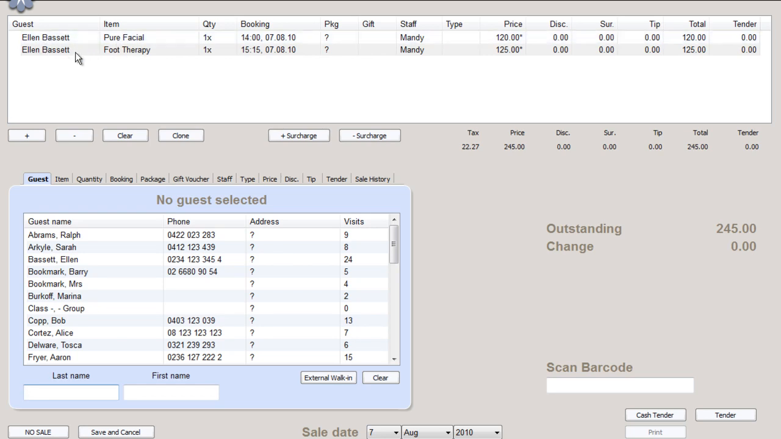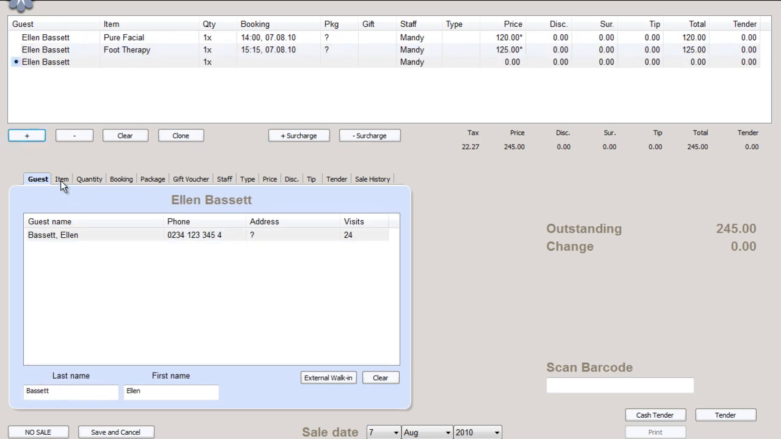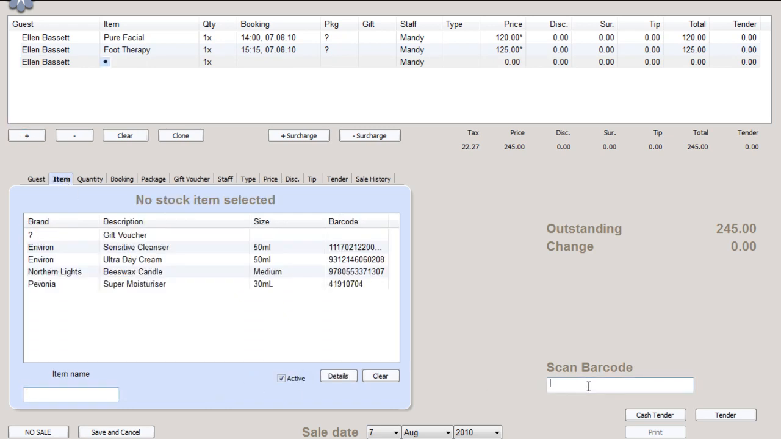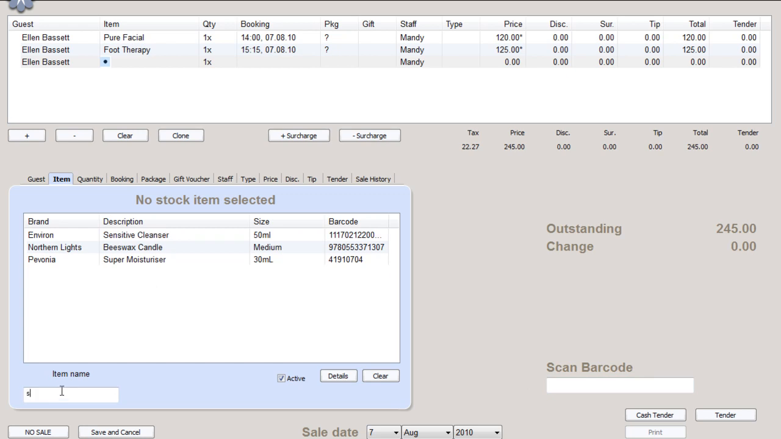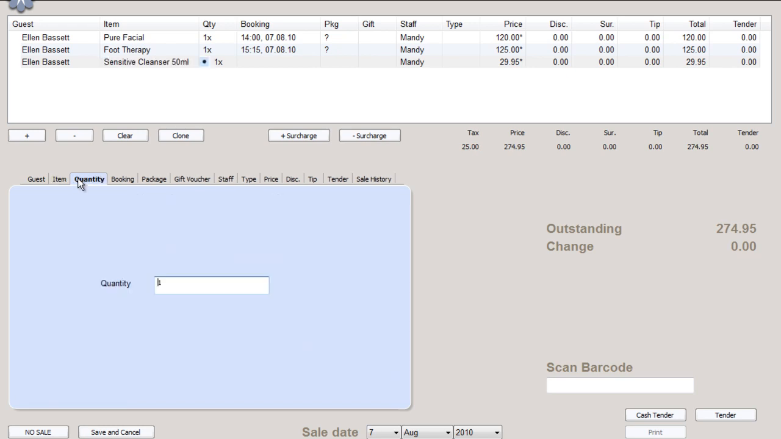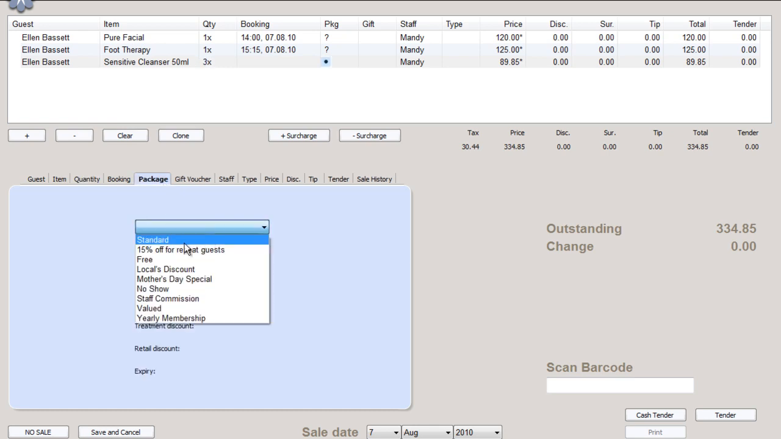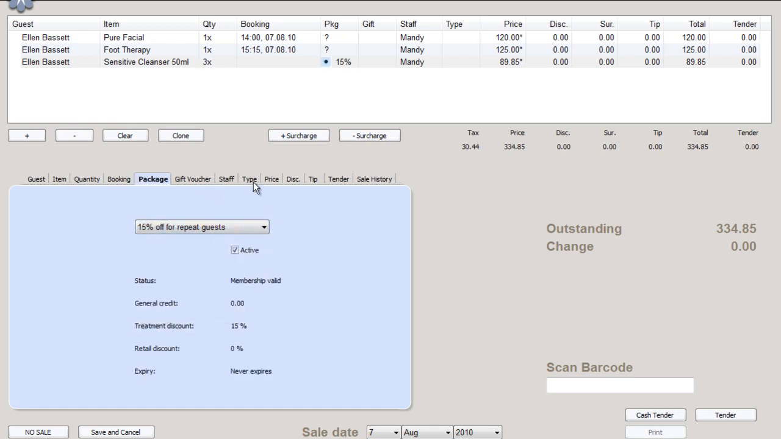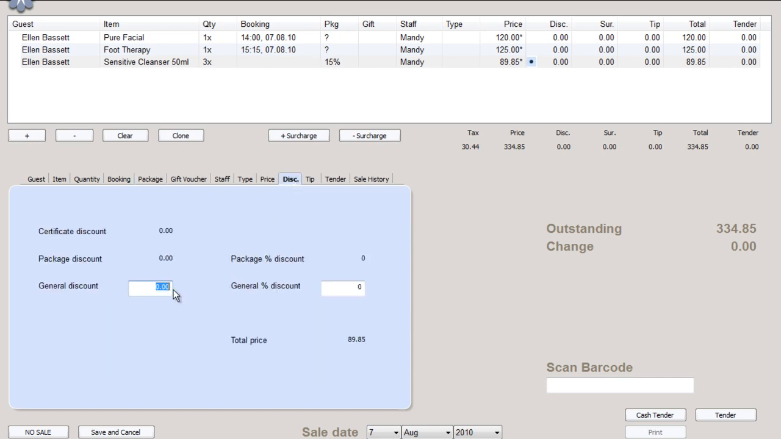Now Ellen has also bought, on checking out, some retail items, so we'll have a look. So we'll add a new row by just clicking the plus button, and we can either scan in the barcode of the retail item, or we can select it or search by name. And add it like so, changing the quantity. It's very easy. We can add discounts, so 15% off here, or we can add specific discounts, say $5 off here,